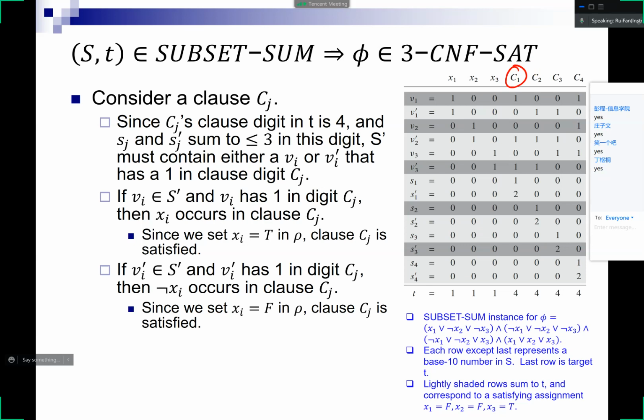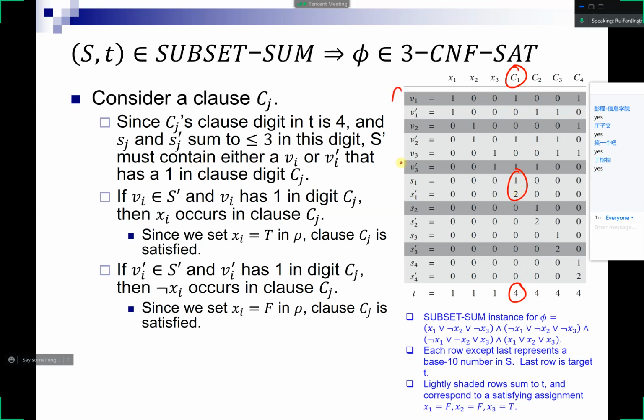If you look at the S digits corresponding to C1, these two digits, at most they add up to 3, because you have two S numbers corresponding to C1. However, because the C1 digit in total adds up to 4,